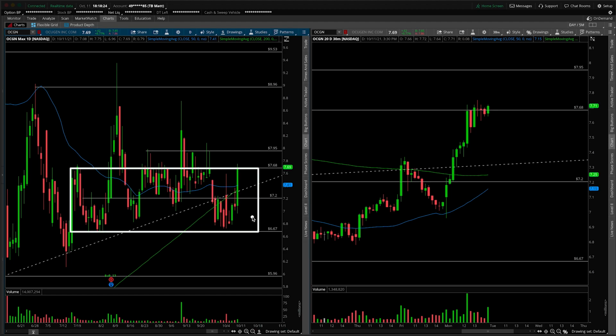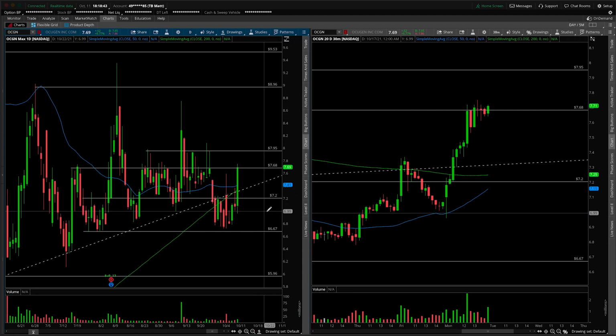Obviously, things changed during today's session, where we made a move higher up and over that 720 to the top end of the overall daily range, right? You can note that we have a number of points of resistance in here at and around the $7.68 mark. So that does sort of shift the tone, but as we've mentioned in the past a number of times, not just the last video we did here, but basically anytime we talk about Ocugen, we talk about these moves here,